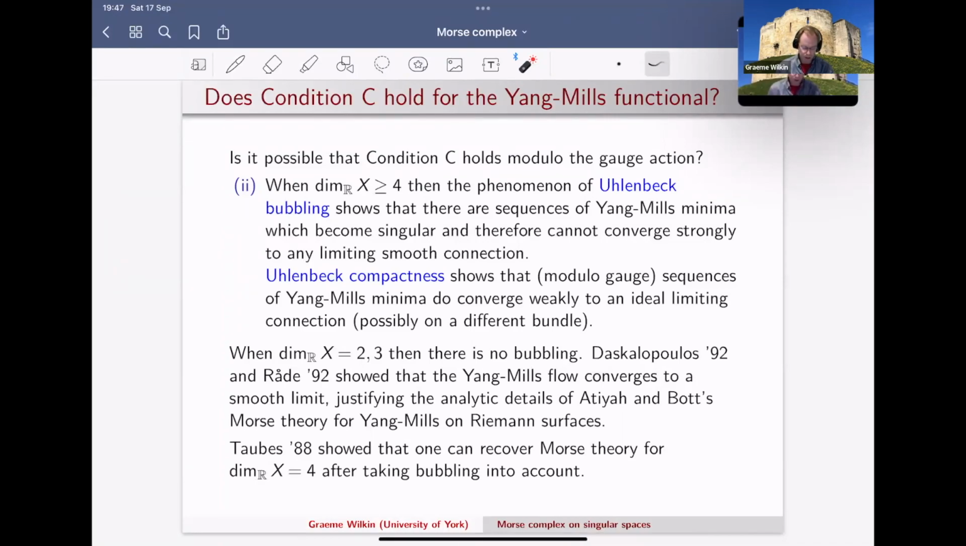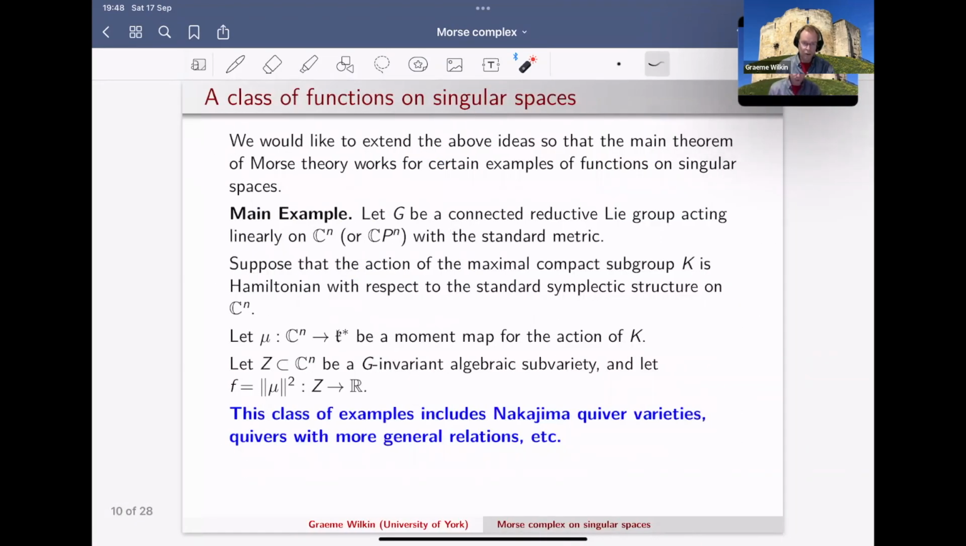And then, so this was published before those papers. So Cliff Taubes showed that you can recover Morse theory when the dimension of the manifold is 4 if you take bubbling into account. Okay, so those are important contributions for the Yang-Mills functional, and a model example of the Yang-Mills functional works in